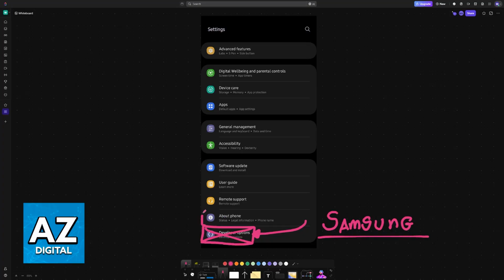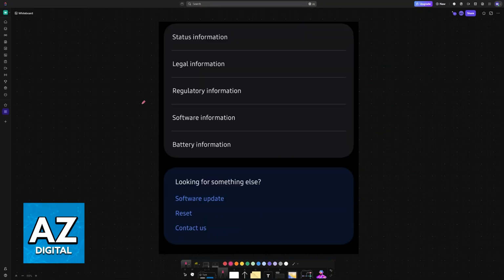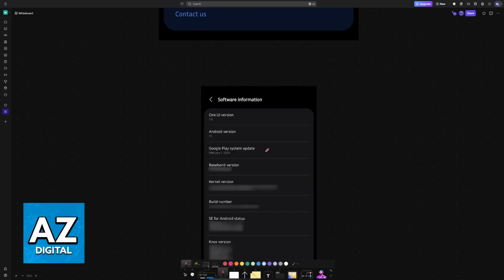enable them. To do this, go into the settings and then go into About Phone. Usually it is going to be all the way down at the bottom, or use the search function if you cannot find it after scrolling down. So open the settings and then go into About Phone. Inside of About Phone, go into Software Information. So you will see a bunch of details about the phone, like your phone number, and then if you scroll down, you will find Software Information.